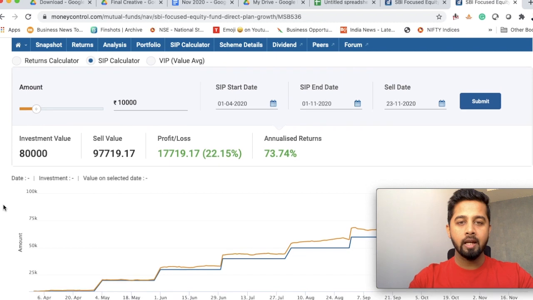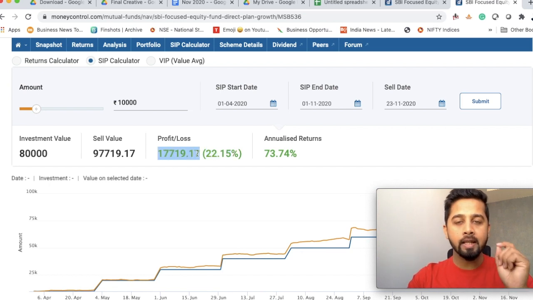Here you can see that during this process you ended up investing 80,000 rupees and your value is 97,719 and a profit of rupees 17,719, and that's a 22.15% profit. Now I will show you how you got this profit of rupees 17,719. For this you need to know the NAV of this mutual fund on the date you are investing your